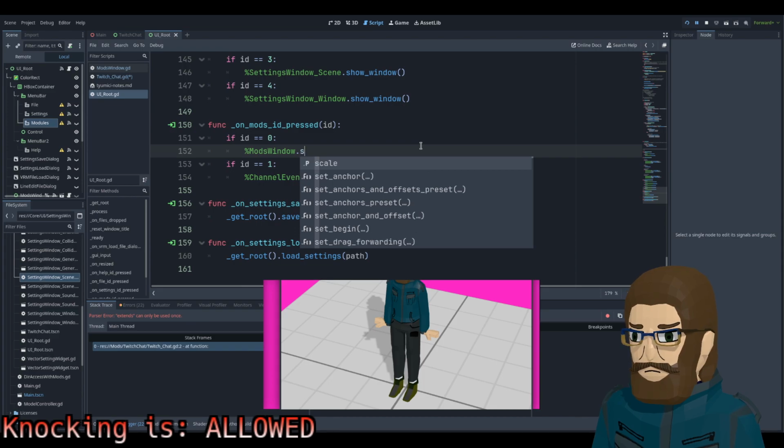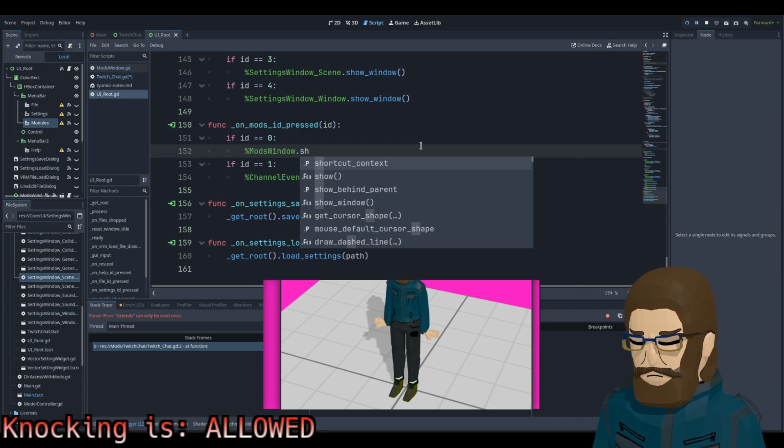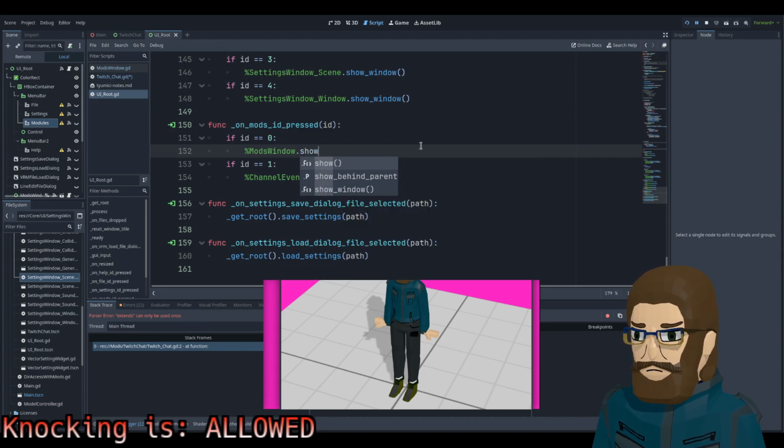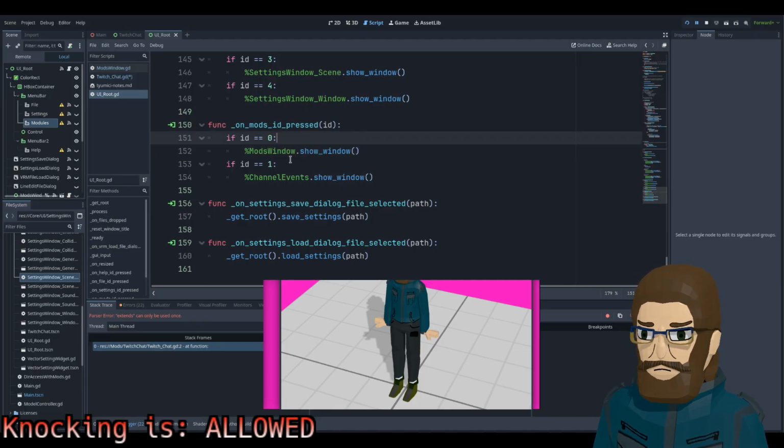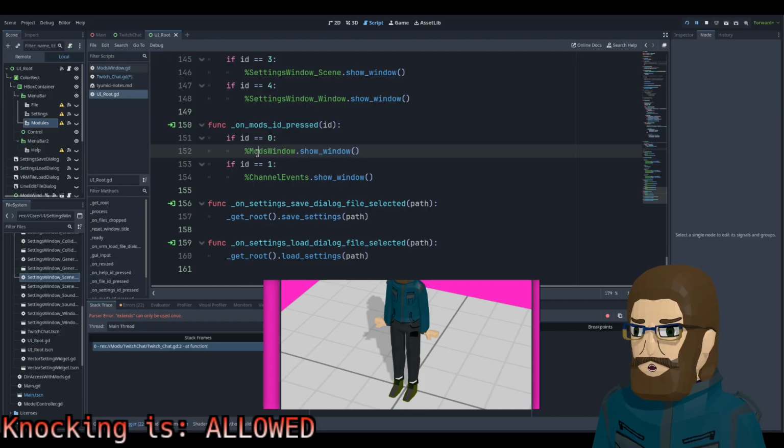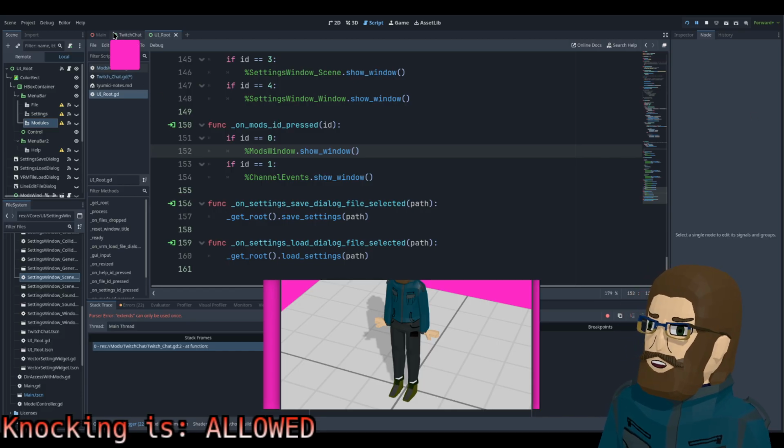Dot show. Yes, you know what that is. Why do you know what that is? I'm definitely thinking about this the wrong way.